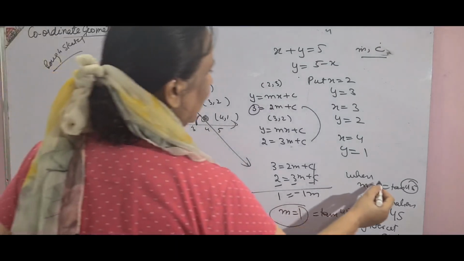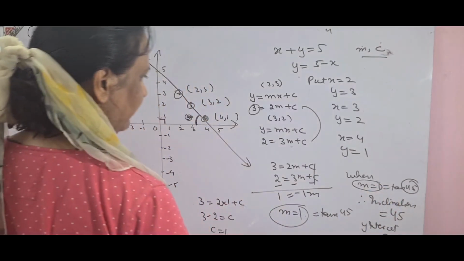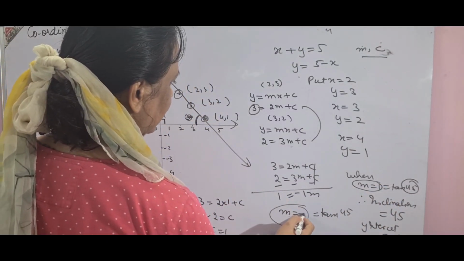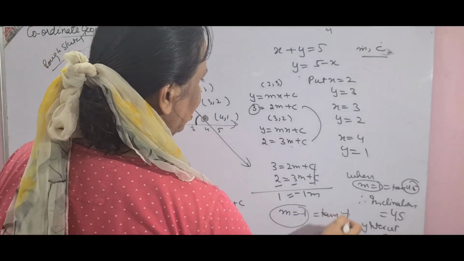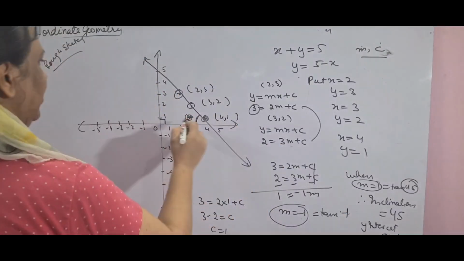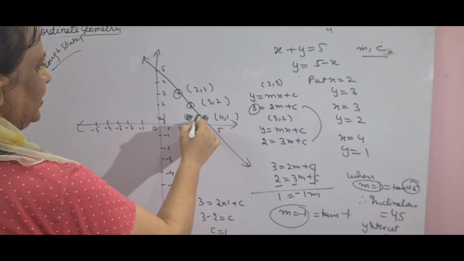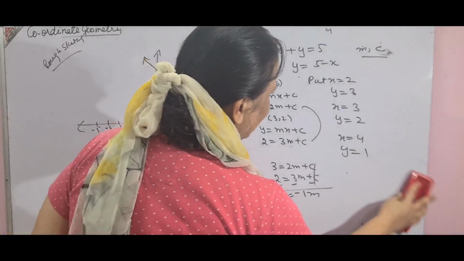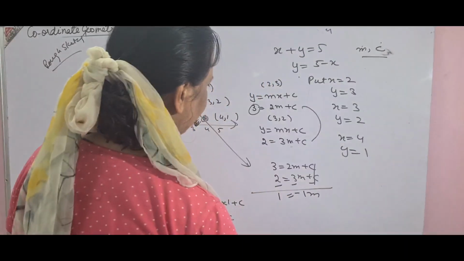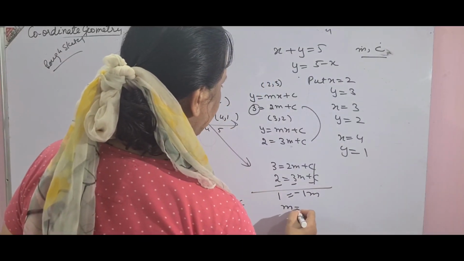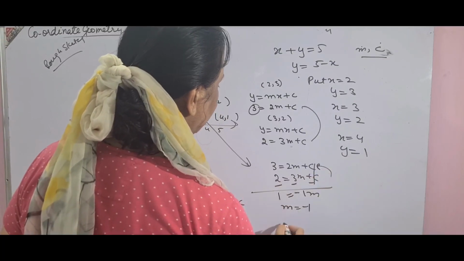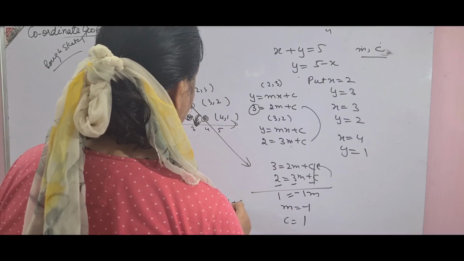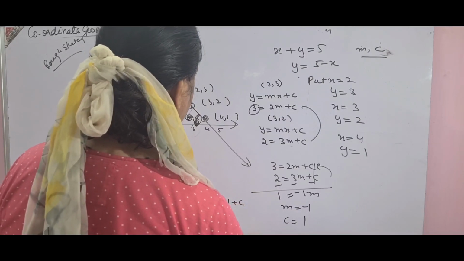Remember that when m is equal to 1, because m is equal to minus 1 it comes, not 1. So when m is equal to minus 1, that is minus, so the direction is anti-clockwise, and you don't have to go for such details. You just write m is equal to minus 1. I think leave it, do it till here only. M is equal to minus 1 and put the value of c, so c will be equal to 1. This is how you do it.